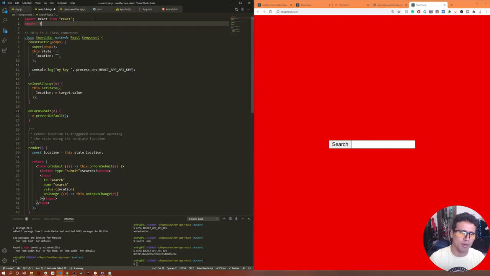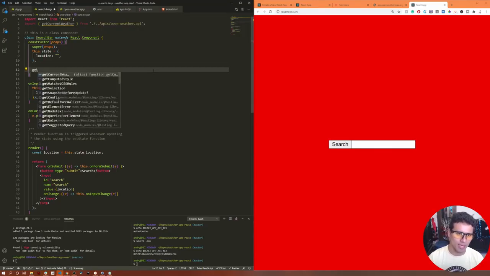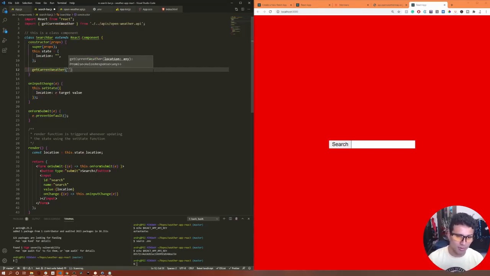Let's say we're gonna import everything from our API. So we need to find the APIs, OpenWeather API, and we're passing this getCurrentWeather function. Good. Now we have this function. Let's test this. Let's see if we can execute this. So we're gonna have getCurrentWeather, and I'm just gonna type a random location, once again New York, and